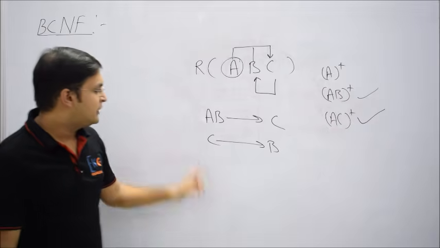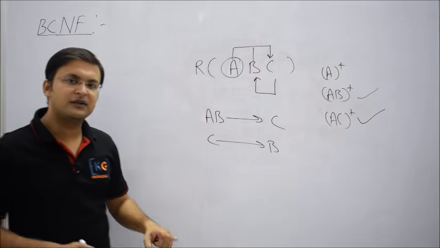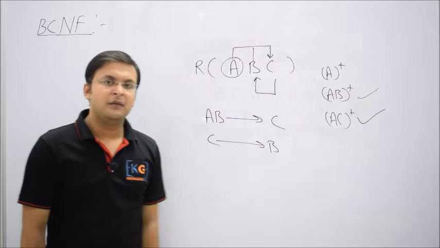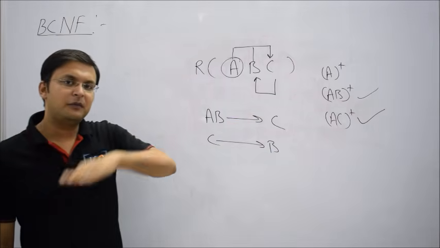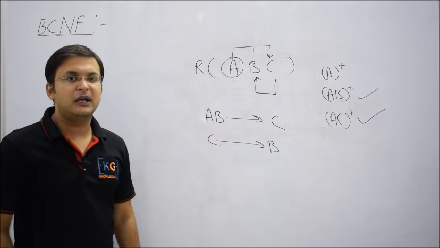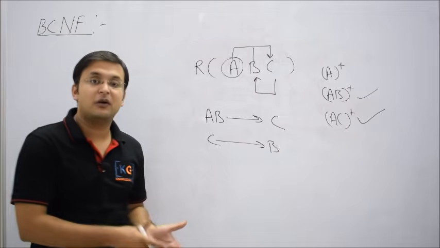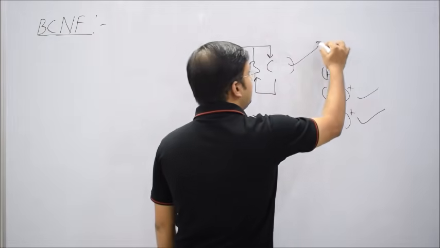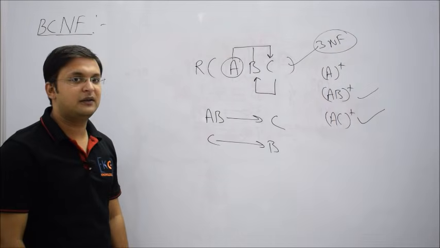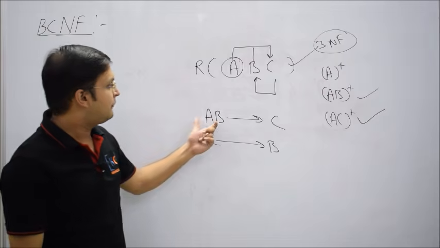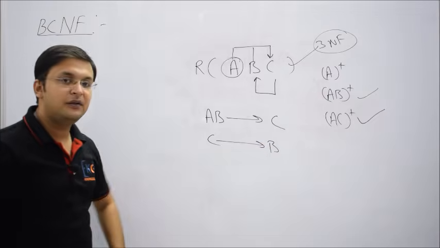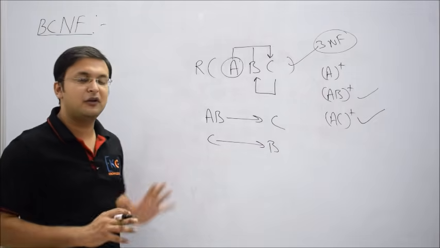Check the second one, C to B, is it a transitive dependency? Still answer is no. Why? Because this is prime and this is also what? Prime. Both are prime attributes, but transitive dependency deals with what? From non-prime to non-prime. Hence I prove that both of the dependencies are neither partial nor transitive. So this table is already in what? Third normal form. Okay, but the question is, does there exist some problem? Yes, answer is yes. Why? From AB you find C, but from only C you find what? B. Now there's a problem, and I'll say that this table is not in BCNF.